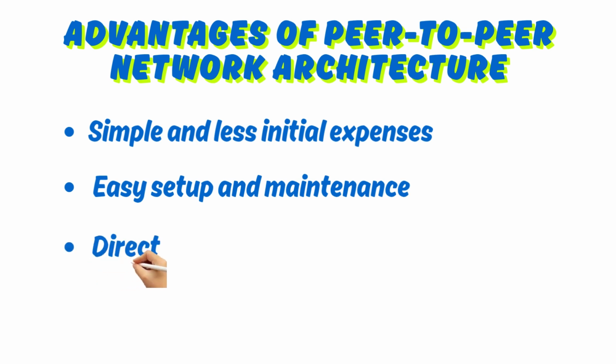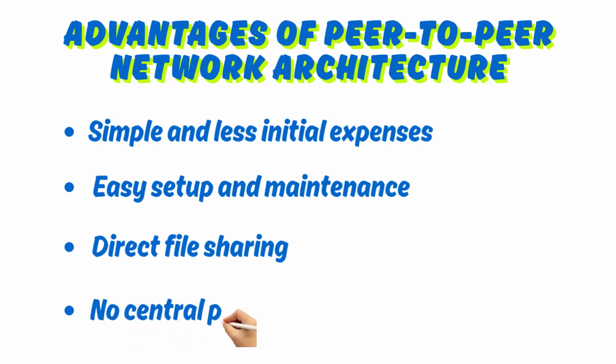Direct file sharing is another advantage of P2P networks. Users can easily share files, folders, and printers without going through a central server. This makes collaboration fast and convenient. Another advantage is no central point of failure. If one computer shuts down, the rest of the network can still function. Unlike a client-server setup, the network doesn't rely on a single machine. So whether it is sharing files, collaborating on documents, or playing multiplayer games, a peer-to-peer network offers a lightweight and efficient